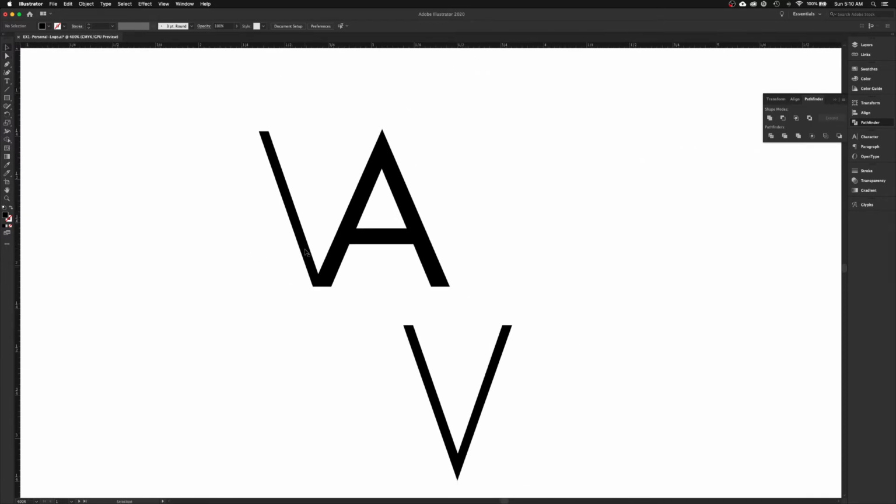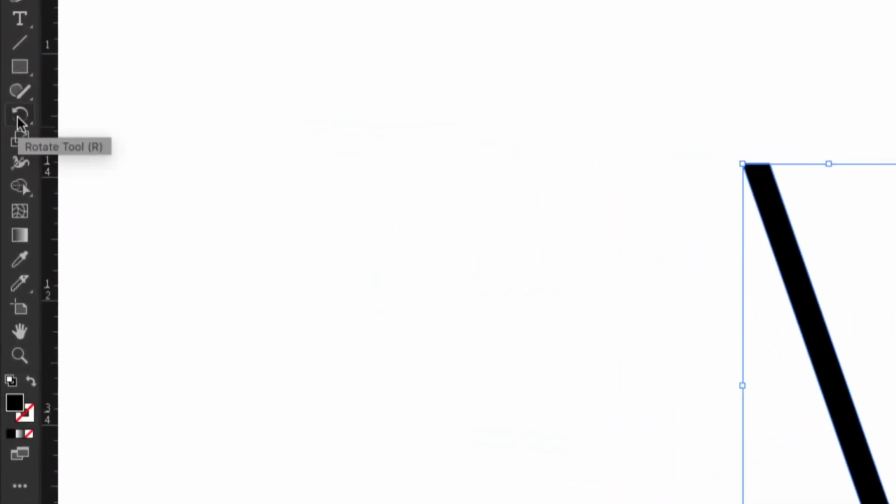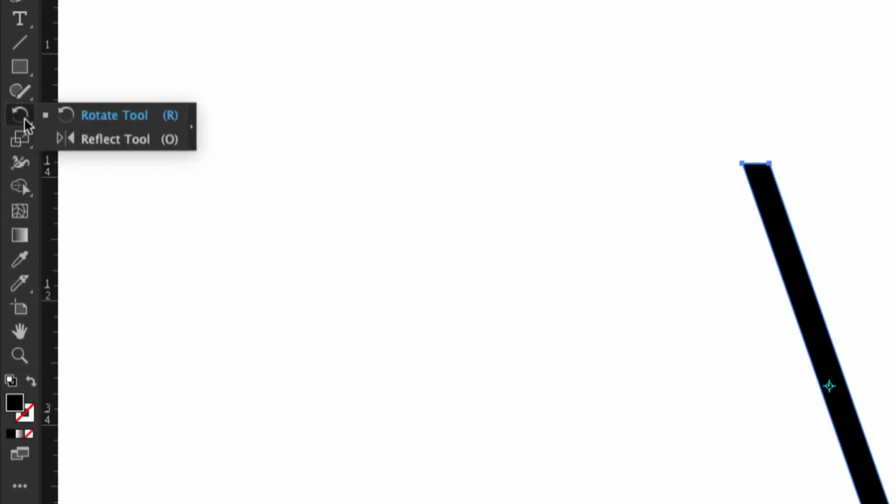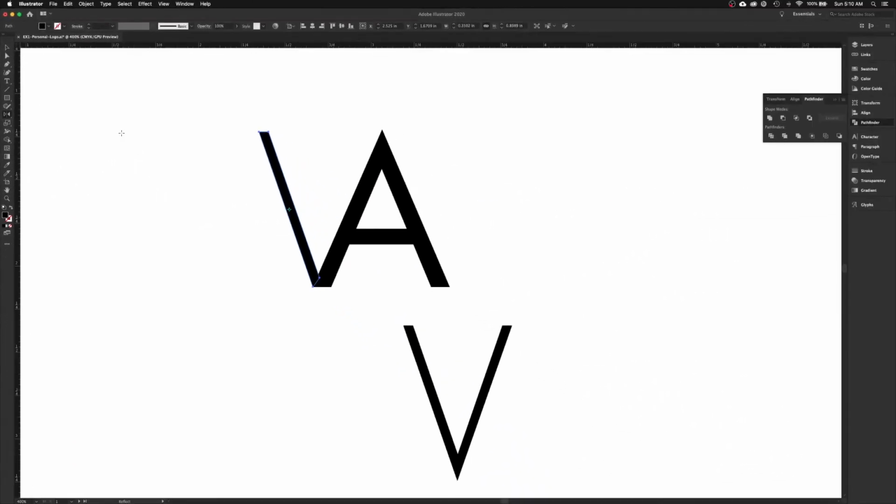So I'm going to take this. I'm going to show you a little trick. I'm going to select that shape right there, that left-hand side of the V. I'm going to come over to my rotate tool. And there's a little arrow in the lower right-hand corner, which tells me there's another tool in there. I'll come down. I'm going to do my reflect tool. I'm going to zoom back out. And you can see, actually, I'm going to zoom in again. All the zooming. There's this little guy right here. If I hold down Option,